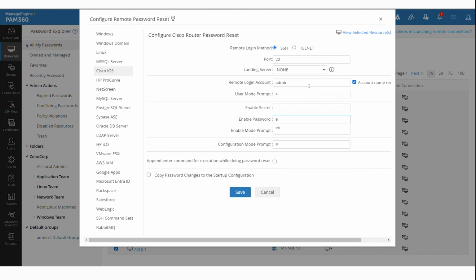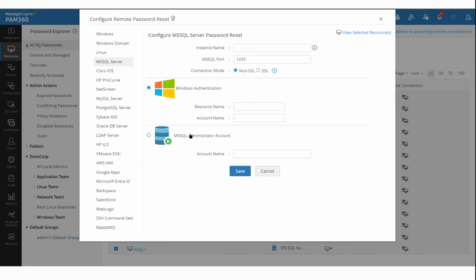Maybe there is an enable password. You can select an account with its correct password. Maybe there is a user mode. From there you have to switch to the enable mode, or in some cases you will directly log into the enable mode. In that case, there is no enable password required. So whatever the login format is, just try to log into your device once and you will know how, after you supply the username and password, what prompt you are able to see in your device, and you can just configure this accordingly. Again, for databases, you can supply whether to use the local authentication or use Windows authentication, and